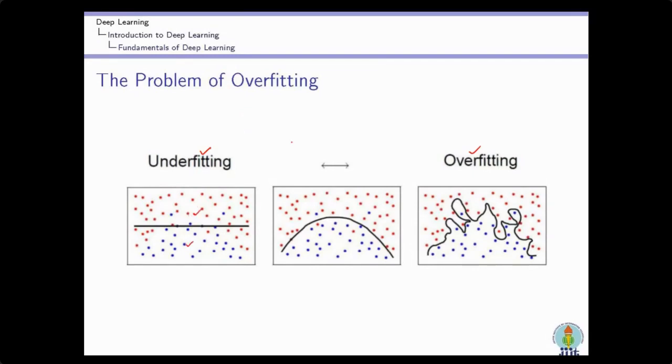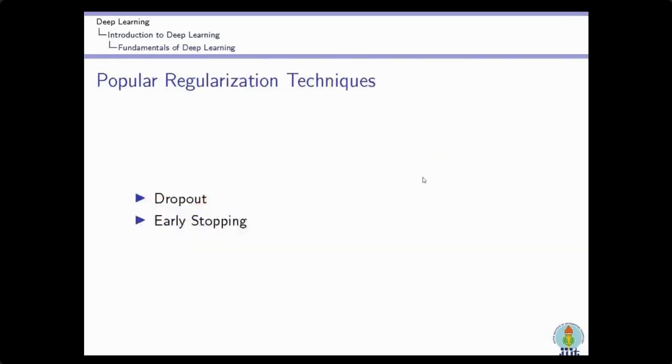So it is the underfitting problem. And the overfitting problem says my system is designed in such a way that it updates the weights so that it performs 100% or almost very good for the training samples, but it does not perform well for the testing samples. This is the overfitting problem. It is a major problem in deep neural networks because there are many layers. How can we regularize this overfitting problem? There are different regularization techniques. I will discuss only two: dropout and early stopping, which are generally used in deep neural networks.